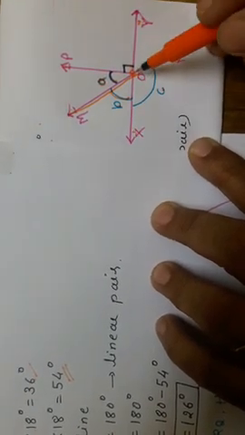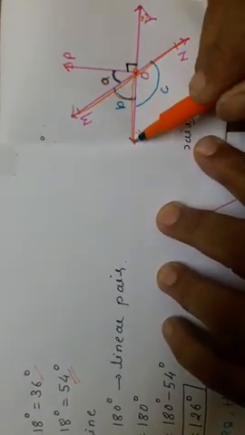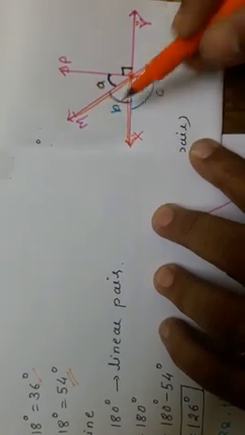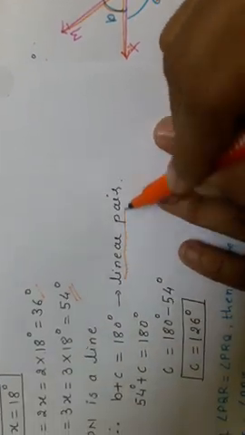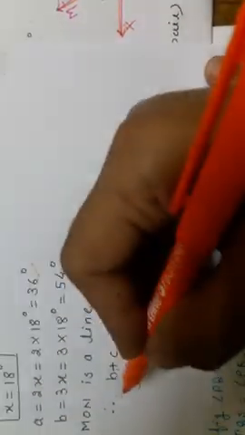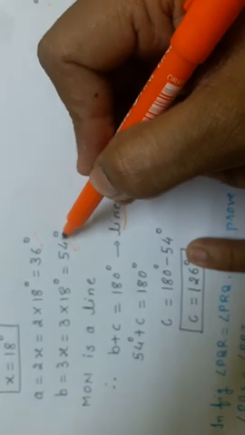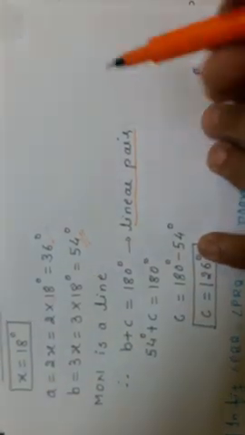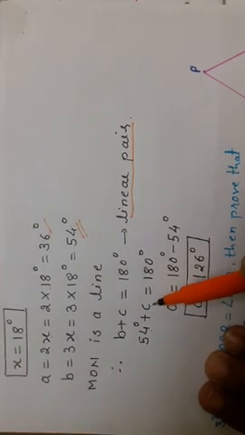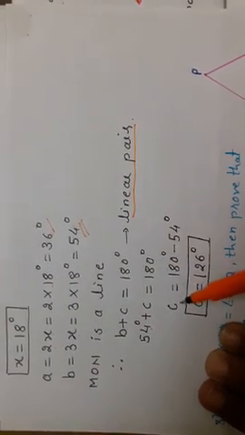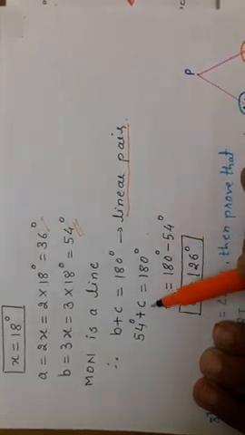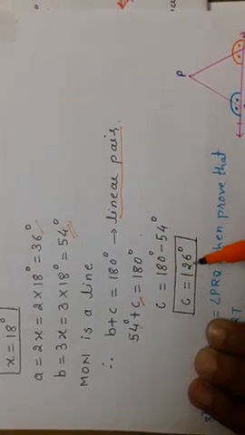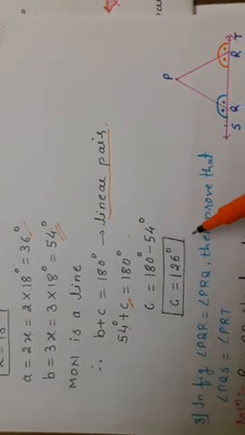On this straight line, OX is a raised ray, means angle B plus angle C is equal to 180 degrees because of a linear pair. Angle B we know is 54 degrees. So we will substitute the value of B, which is 54 degrees, plus C equal to 180 degrees. So C is equal to 180 degrees minus 54, because we are shifting. We have to find the value of C. That's why C is equal to 126 degrees.